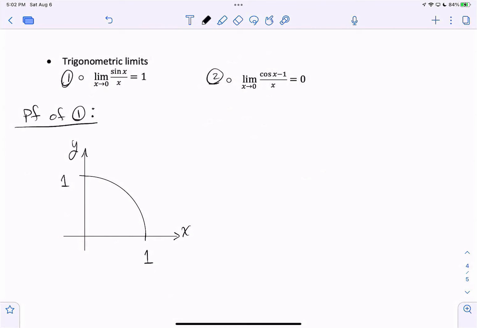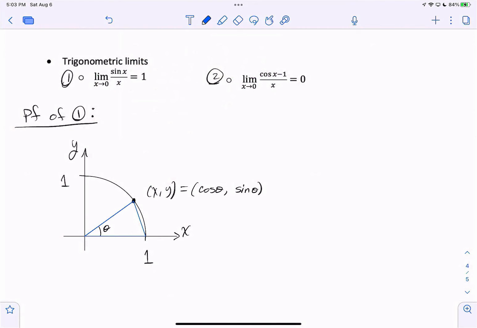Let's start with a quarter of the unit circle in the first quadrant, and I'm just going to put a point on the unit circle. We're going to call it xy, and associated with that point is an angle theta, so that we know that the x-coordinate is the cosine of theta and the y-coordinate is the sine of theta. Now I'm going to put a blue triangle inside the unit circle